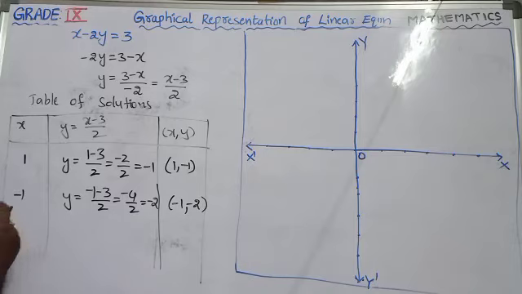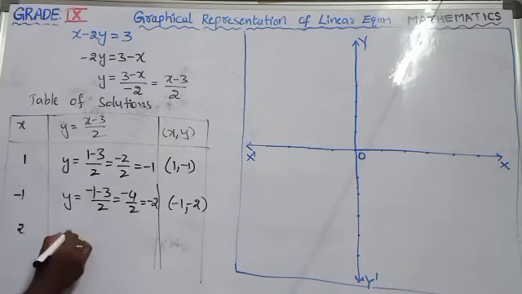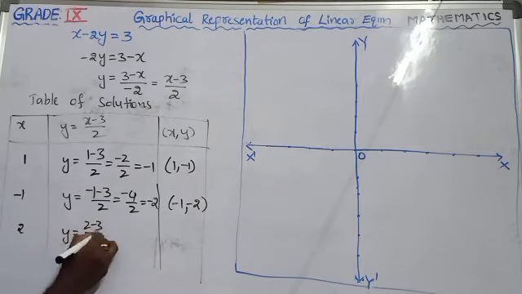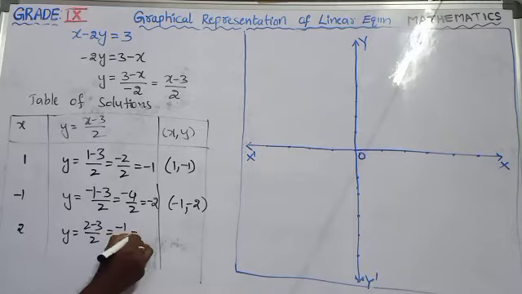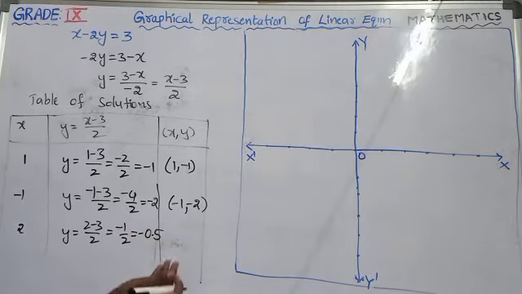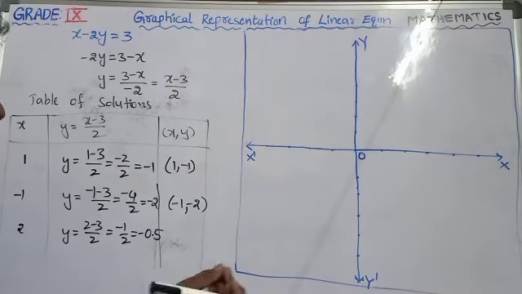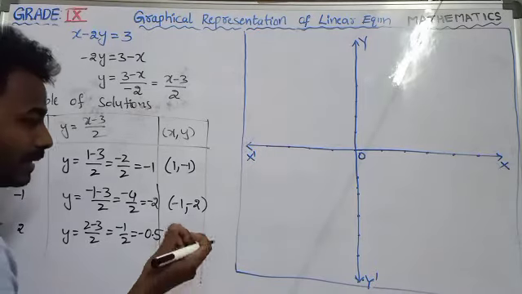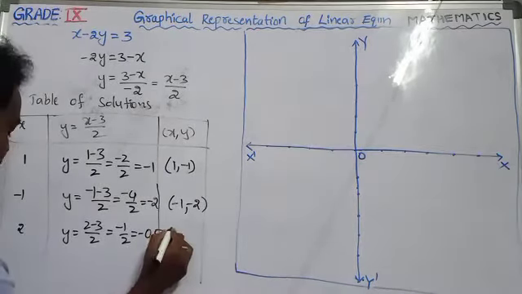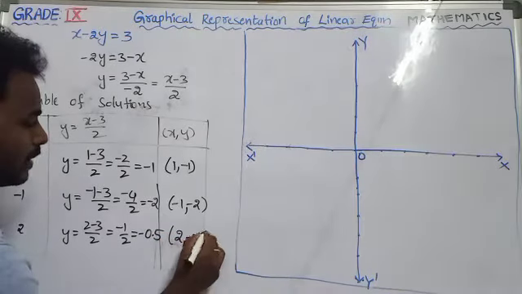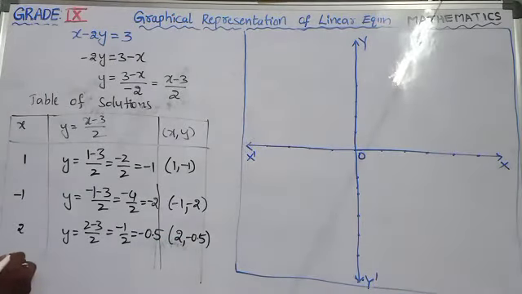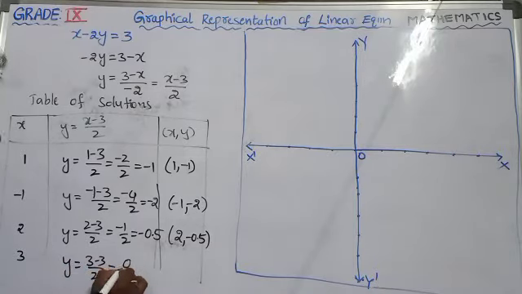And let us consider 2. If you take 2 as the x value, y becomes (2 minus 3) by 2, which equals minus 1 by 2, that is minus 0.5, isn't it? So you are getting a decimal form. Okay, let it be. Why? Because 0.5 can be located easily, but if you have something like 0.345, you cannot. So let us write this one also as one of the solutions, and take one more solution. Let us take 3. y equals (3 minus 3) by 2, which is 0 by 2, that becomes 0.